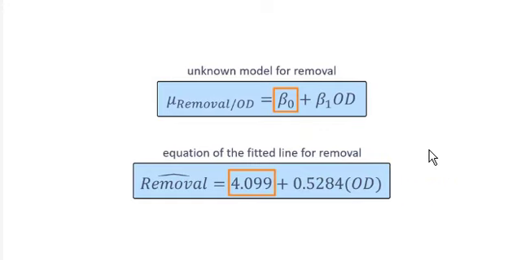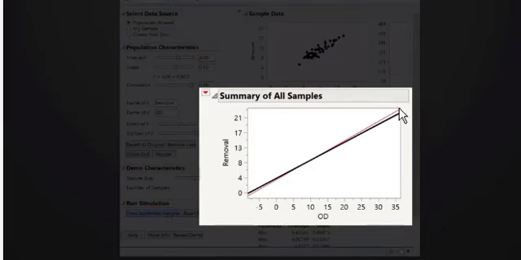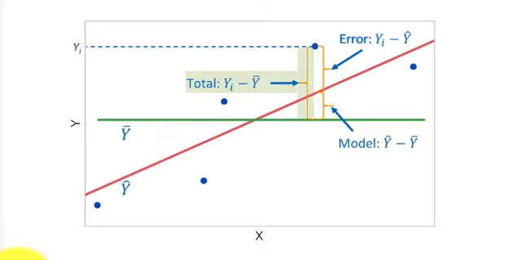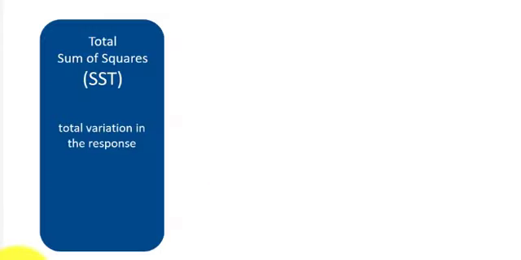The idea is you're trying to fit this line in a way that minimizes the error. Now you have to interpret this value from your standpoint. You are trying to find the best fit where the total variation in your response can be broken into two components: the variation explained by our model and the variation unexplained, the noise. And the sum of squares